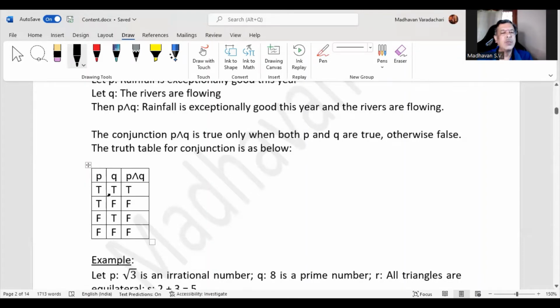P and Q both can be true. P can be true, Q can be false. P can be false, Q can be true. Both can be false. In that case, only in the first case where both are true, it will be true. Even if one is false, it will be false only. That is why here you find all F, because true and false, false and true, false and false, these are